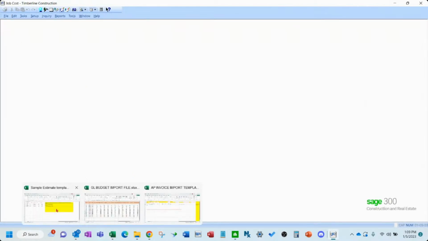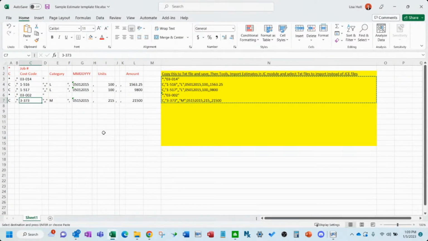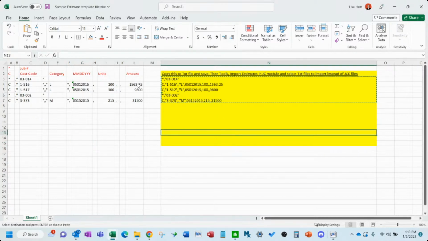A lot of people have standard cost code lists that they stick to, so the no description doesn't happen. But again, I'll post something on the comments on how, if you're going to have non-standard cost codes, to more easily get those descriptions in there in this import file. Okay, you have to add some more columns there. Okay, so that's the basics on how to bring an estimate in.